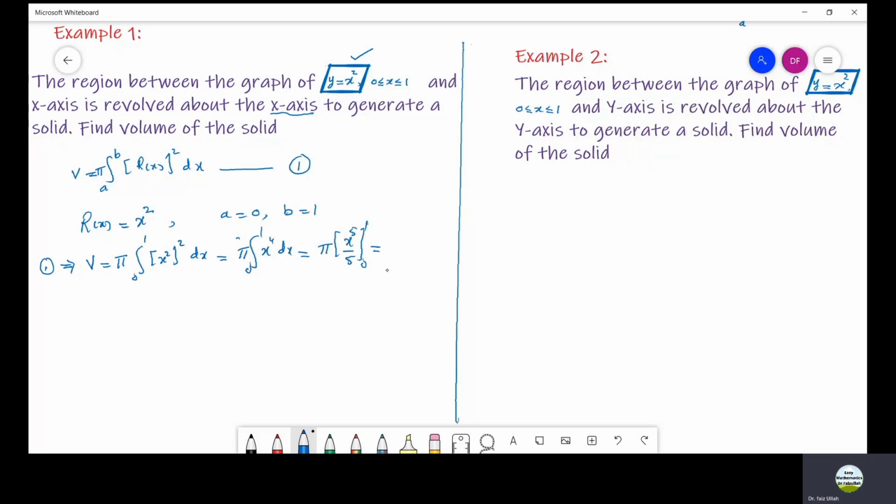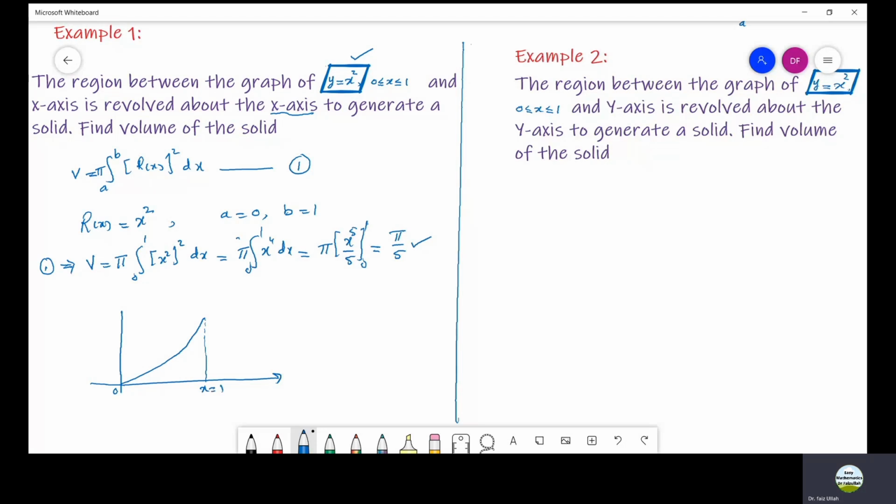And now if we use the limits, we get pi by 5. So that is the required solution of this problem. Now let us see the graph of this function. The graph of this function is like this one, which is from origin 0 to a point x is equal